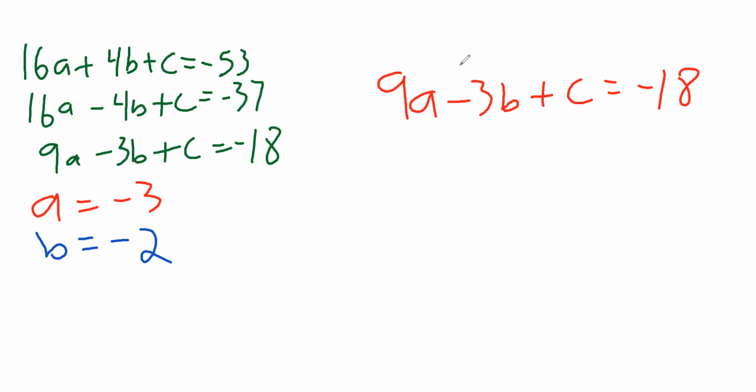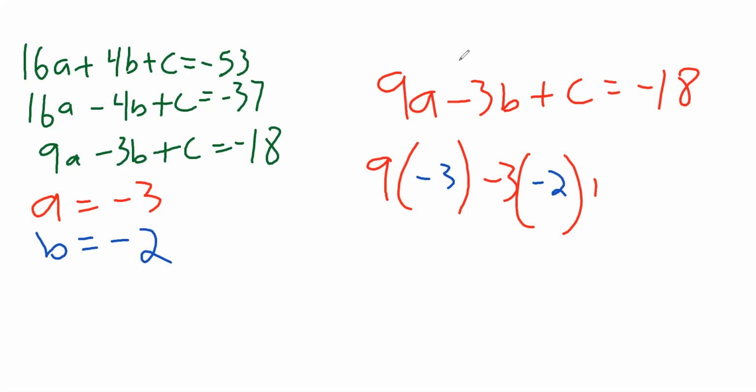So it's going to end up being 9 times negative 3 for A, minus 3 times negative 2 for B, plus C equals negative 18. And now you notice we just have one variable, C. We can figure out what